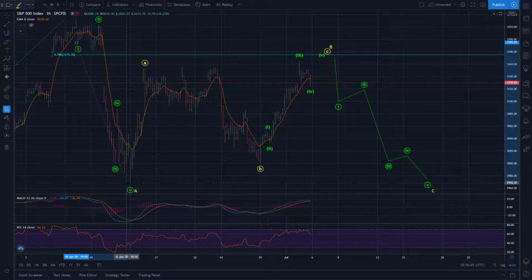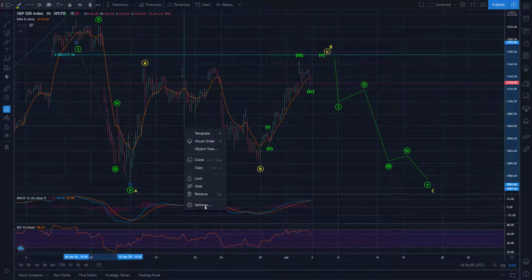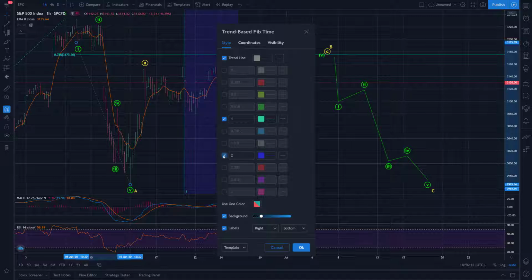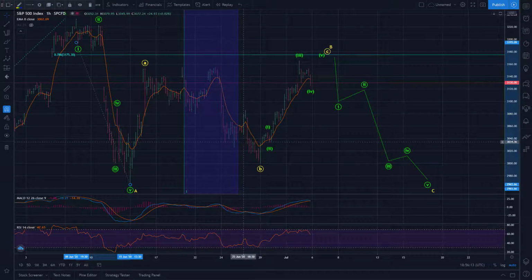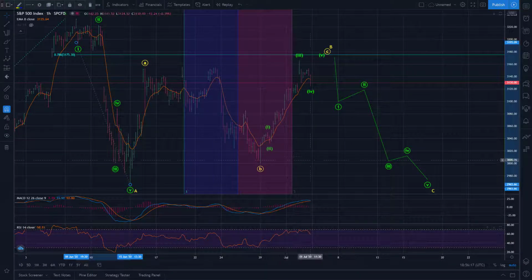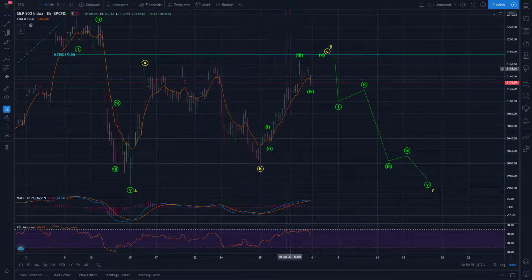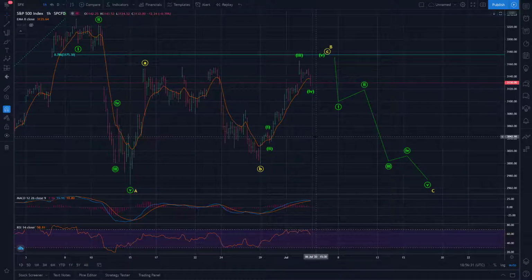So if we do the time relationship, now let's do a couple other time relationships. So that's the 2 times, 3 times, see if we got anything here. So this B wave has lasted over 3 times so far the length of this initial A wave. So a more time-consuming B. Not seeing any real relationships sticking out as far as timing goes, but